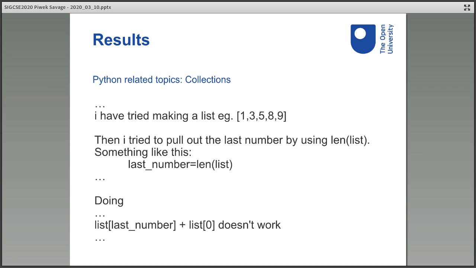Here we can see an example of the former, where a student is trying to add the values of the first and the last item in the list. They go through a number of variations, with the above being typical. They seem to appreciate that list 0 represents the first item in the list, however they still expect list last number to contain the last item, indicating they haven't quite appreciated the correct use of zero indexing.